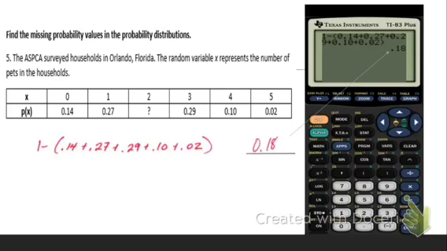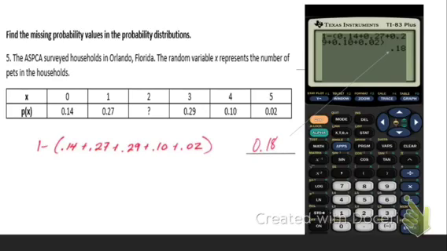Now, let's find the missing probability values in the probability distribution. So example number 5. The ASPCA surveyed households in Orlando, Florida. The random variable x represents the number of pets in the households. So if we look, because we can count the number of pets, then the random variable is discrete. So x represents the number of pets in each household, and the probability of the outcome, p of x,